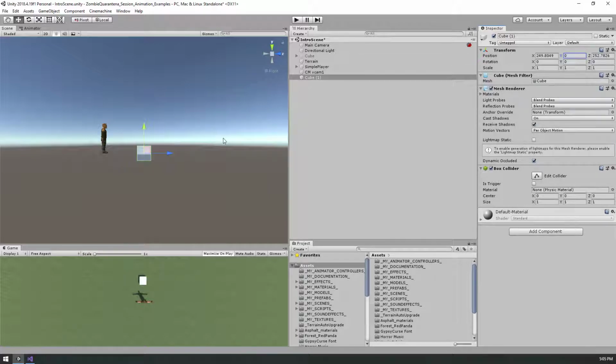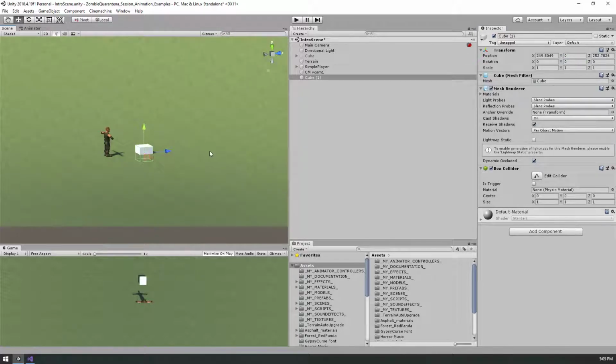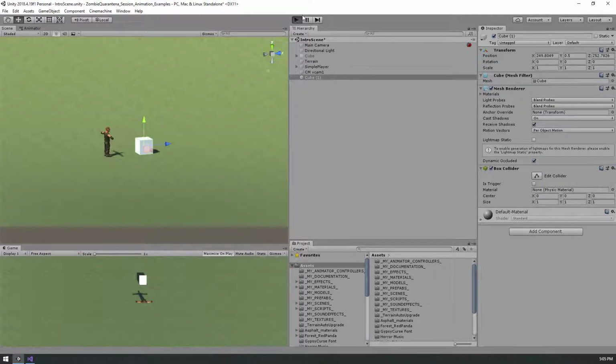If I put it at a height of 0, though, it's actually halfway through the ground because the center is what the height is measuring from. So I'm actually going to make the height 0.5 because it's exactly 1 meter in every dimension. It's one Unity unit, which is what we take to mean 1 meter. It can be anything you want, but okay, first let me just hit play and watch what happens when I interact with the